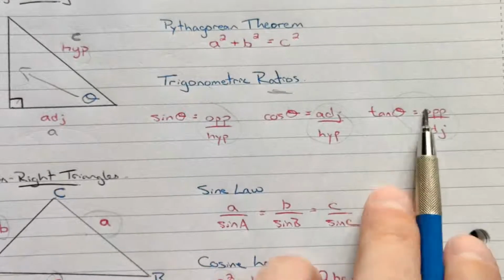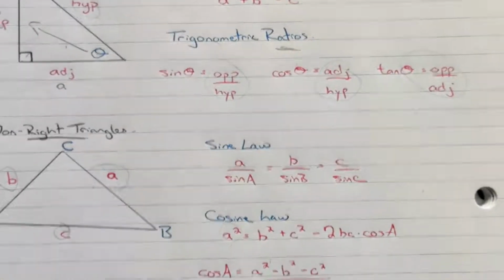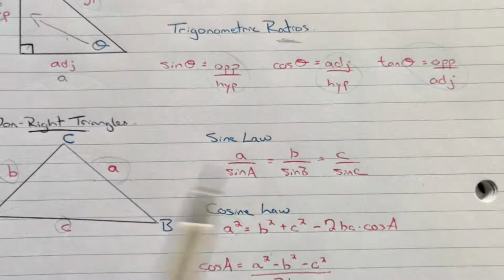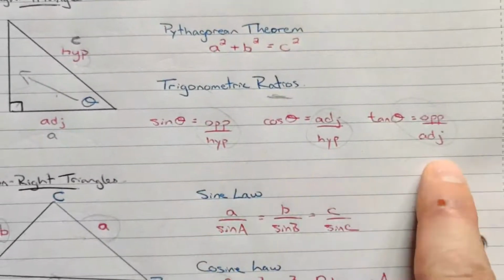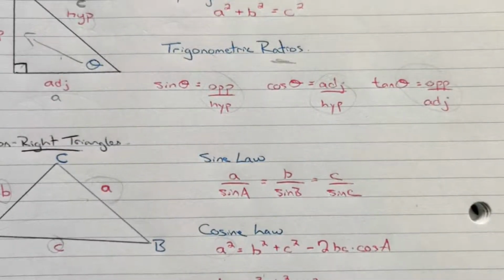The Pythagorean Theorem, sine, cosine, and tangent are used for right triangles. Non-right triangles will pull out the sine law or cosine law. Do note that the sine law does happen to work in right triangles, and it's only because the sine of 90 degrees is 1, so it makes it a moot point in the calculation. It does work, but best practice is to use sine, cosine, and tangent ratios, and then use the sine and cosine laws for the non-right triangles. So the questions we had were 4, 6, 7, and 8 out of the textbook there,